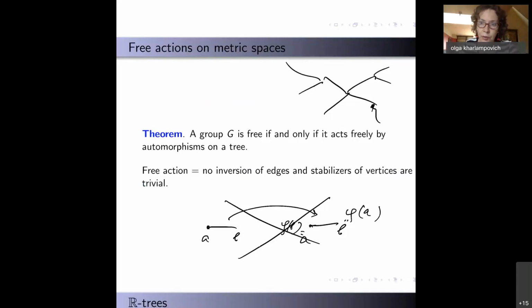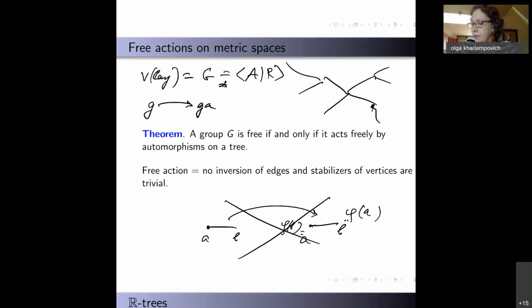The vertices of the Cayley graph are elements of the group, and we fix some set of generators. Suppose the group is generated by the set A with some relations, and for every generator, the vertex g is connected to gA by an edge labeled by A,